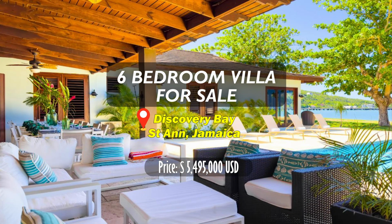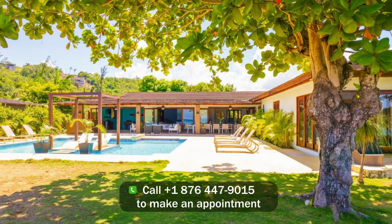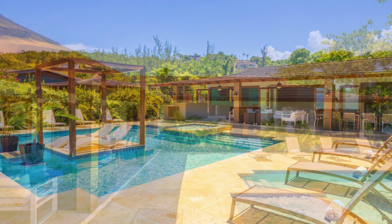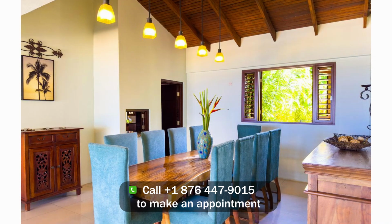Welcome to Sun-Kissed Villa, a beachfront vacation home located in the gated community of Bengal Bay, on Jamaica's northern coast. Sited on a half-acre parcel, Sun-Kissed Villa is the quintessential Jamaican beach villa. With 6 bedrooms, 5 full bathrooms and a powder room, this 5,700 square foot villa has a single-story floor plan